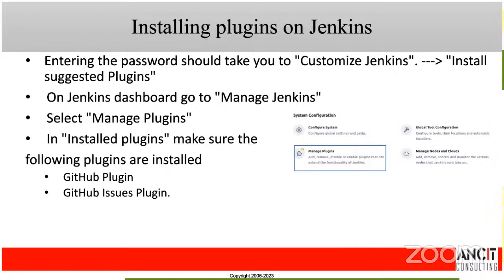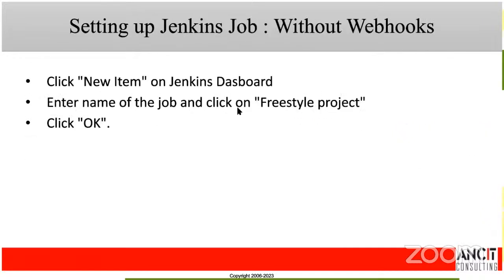Okay, so that's the plugins part of Jenkins. Now, I will discuss with you how to set up a Jenkins job without webhooks. Without a webhook means Jenkins won't know when somebody has made a commit on GitHub. It will have access to GitHub, but then you need to either manually give a build trigger, or you need to set up a build trigger, maybe like 12 at night or 5 p.m. in the evening, something like that. So it will continuously do it, but it will not detect a commit. So to do this, you need to